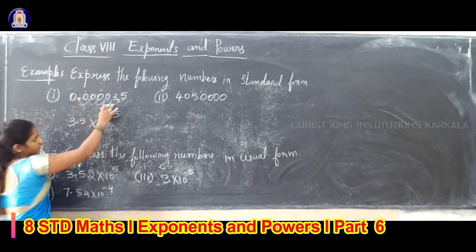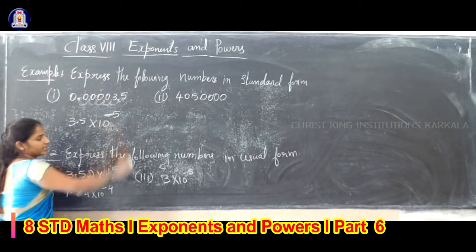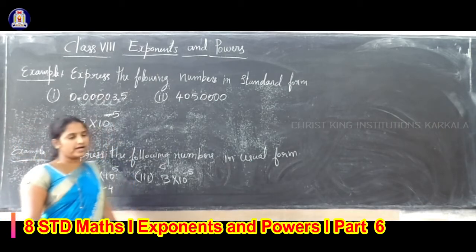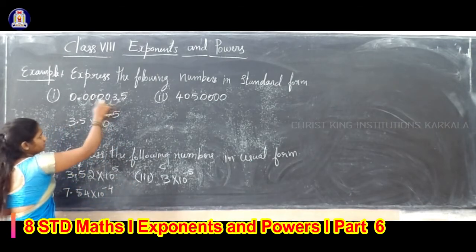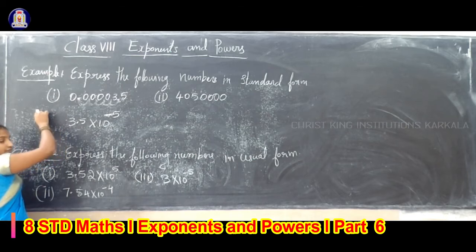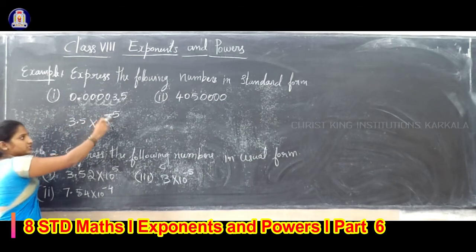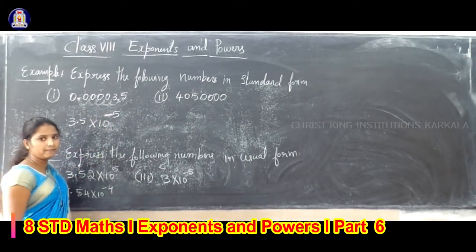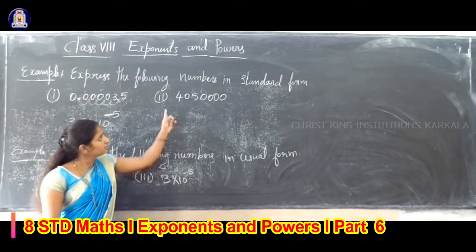It is moving to the right-hand side, so you have to write a negative exponent, minus 5. Clear? If the decimal point is moving to the left-hand side, then you write the exponent as positive. Okay? The second question. See,